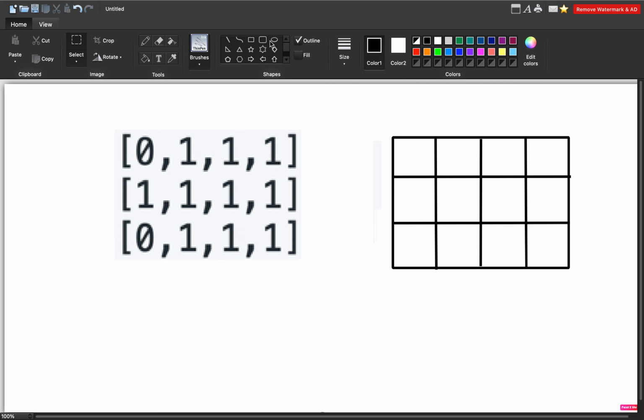One thing that can be done is that for each index, we will find out how many squares are possible. If I am at this index, I will find out how many squares are possible which end at this index, which is one of the corners of the square. For example, one possible square is this, right? Similarly another square possible will be this.